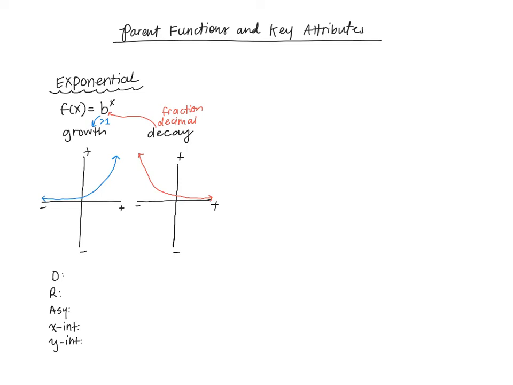All right, so for me, it's always easiest to start with the asymptote. We said an asymptote is going to be a line that our graph approaches but never touches. And with our parent function, it is going to be along our x-axis here. So when I talk about my asymptote, I can say it is along my x-axis, or where y